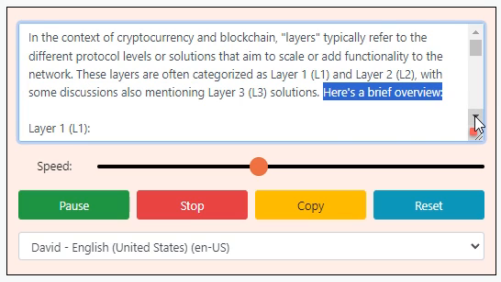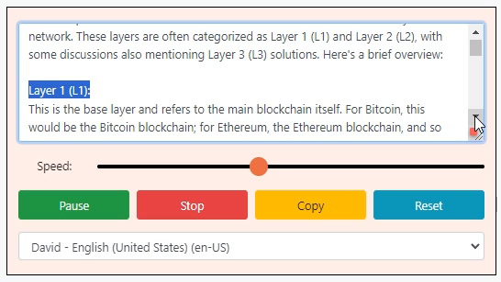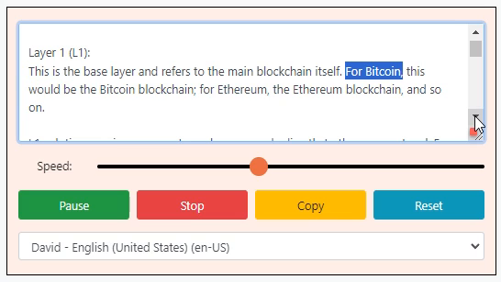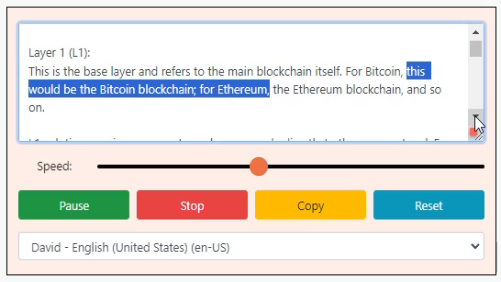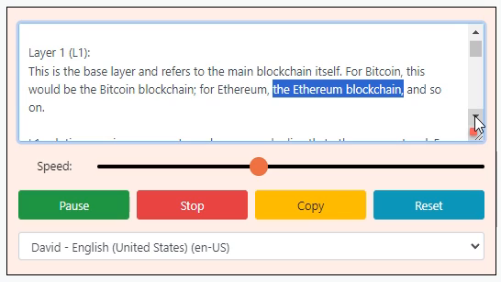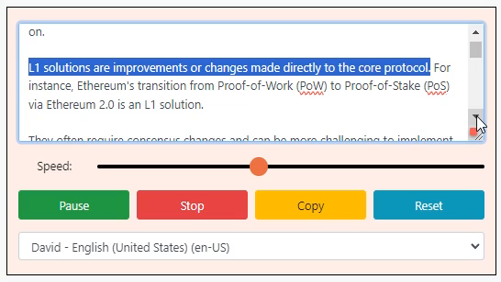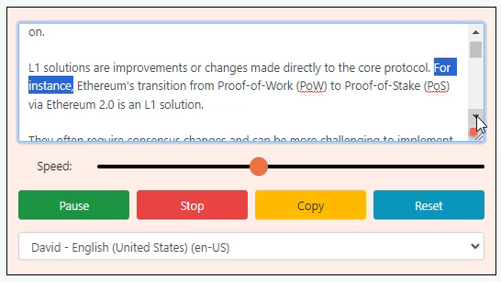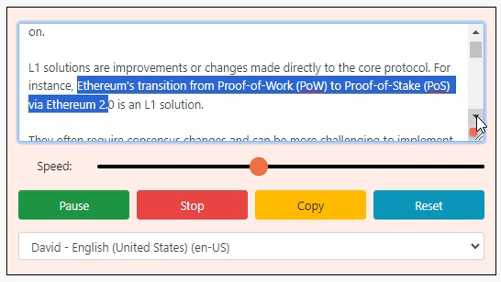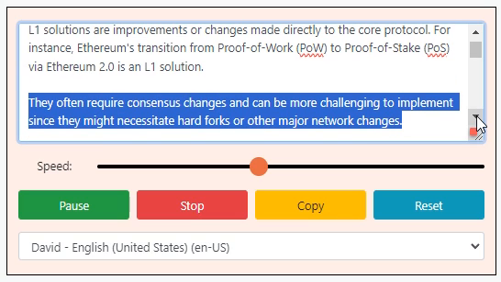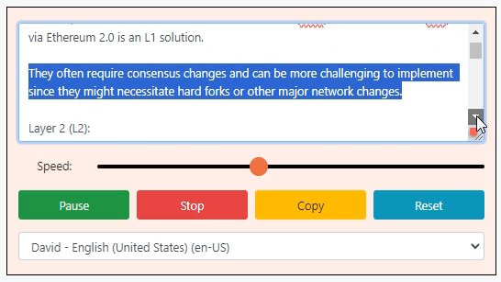Here's a brief overview. Layer 1, L1. This is the base layer and refers to the main blockchain itself. For Bitcoin, this would be the Bitcoin blockchain, for Ethereum, the Ethereum blockchain, and so on. L1 solutions are improvements or changes made directly to the core protocol. For instance, Ethereum's transition from proof of work, POW, to proof of stake, POS, via Ethereum 2.0 is an L1 solution. They often require consensus changes and can be more challenging to implement since they might necessitate hard forks or